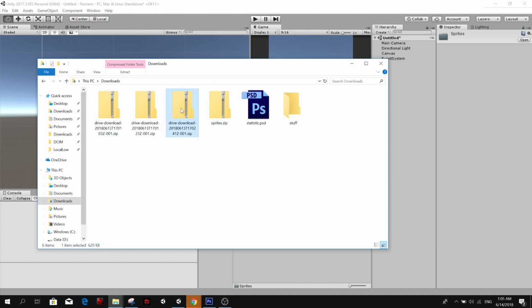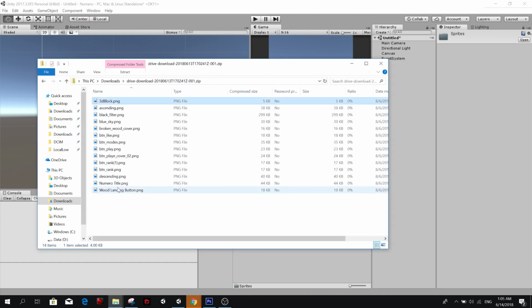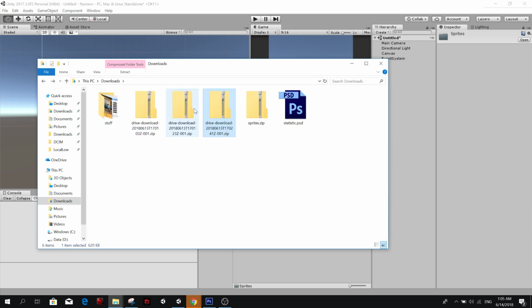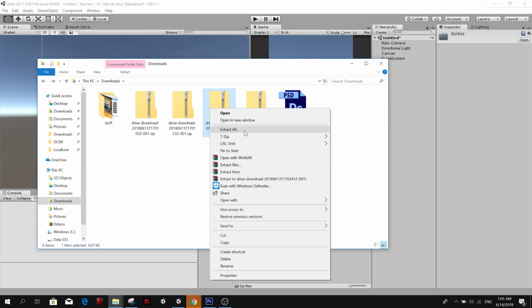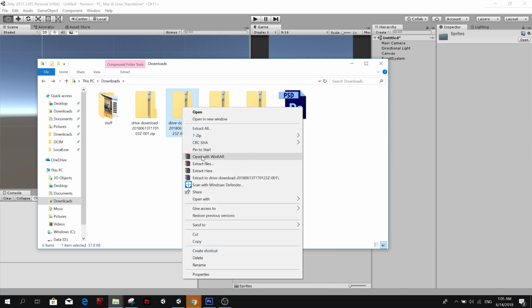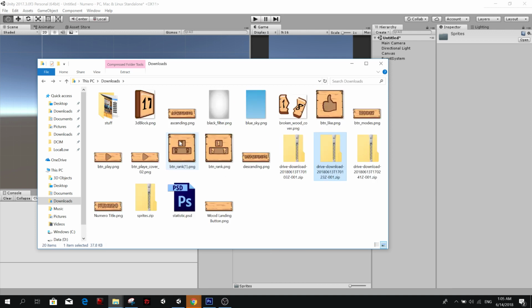So anyway, we have these 3 folders that we downloaded. We can just extract it here. Extract here. Extract here. And where's the last one? This one.